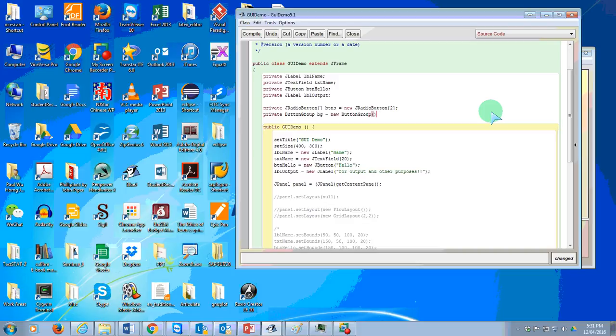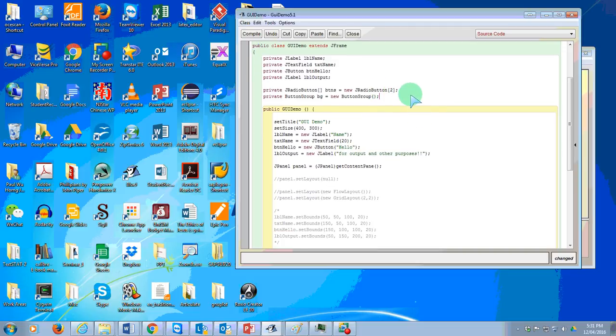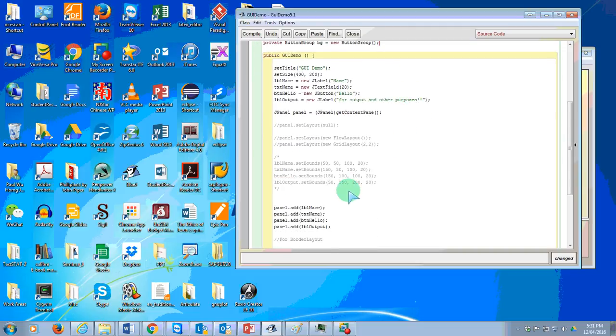Button group is actually a container, so you can add things to the button group, and what it will do is that the buttons become exclusive to each other. If one of them gets clicked, the other one will not be clicked. Let's say in this case there are two buttons here. So after creating this, what we would like to do in our program